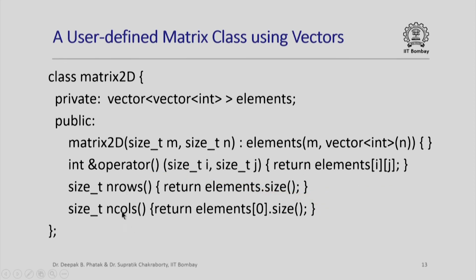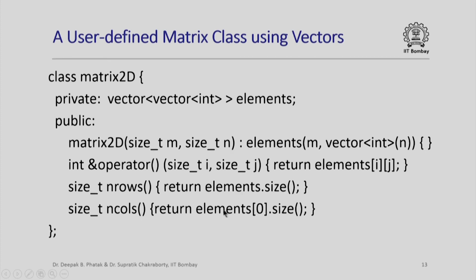Now we have also two other member functions here, nrows and ncolumns. If I want to view this vector as a two-dimensional matrix, how many rows does it have? This is exactly the number of elements of this data member. So I return elements.size(). Remember, elements is a vector, so elements.size() is going to return the number of elements in this vector. And what is the number of columns? That is the number of elements in each element of this data member. This data member is a vector, so I can pick up a particular element of this vector. That itself is going to be a vector of integers, and I can find out how many elements are there in that vector of integers.